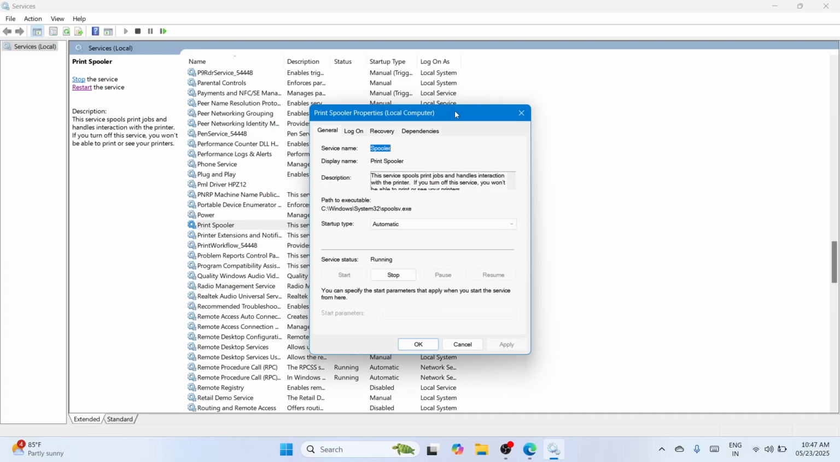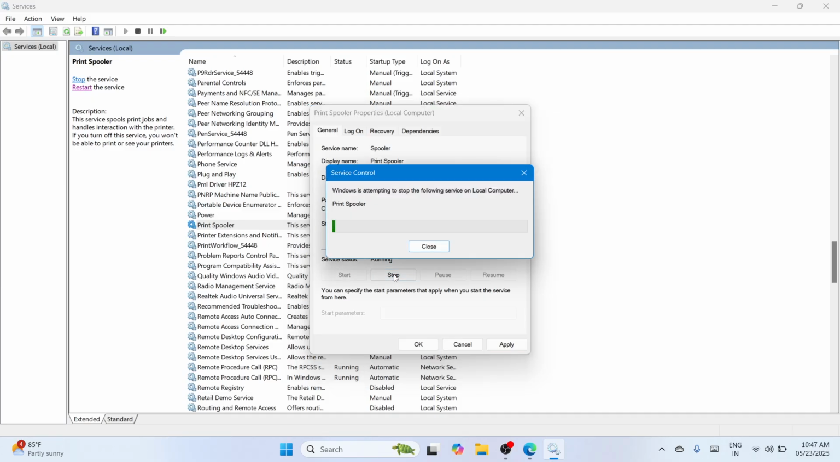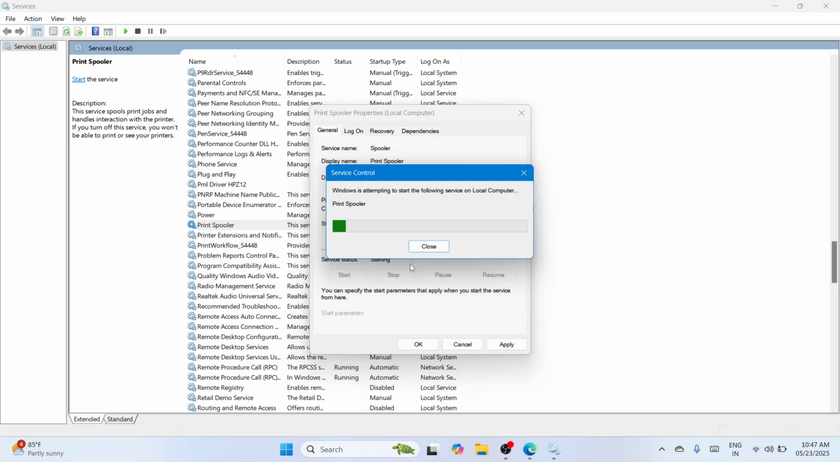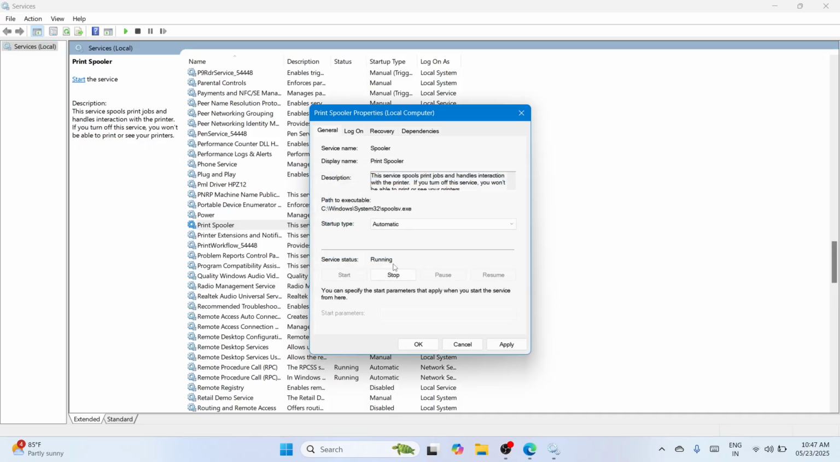So one of the factors why you face an error is that you have set the print spooler into disabled. So it is very important to set the startup type into automatic. Okay? So set it into automatic and make sure that the service status is running. So in your case, I'm sure that you have stopped it. So it is very important to click on start and to make sure that the service status is running here